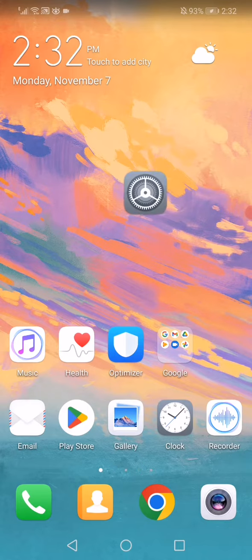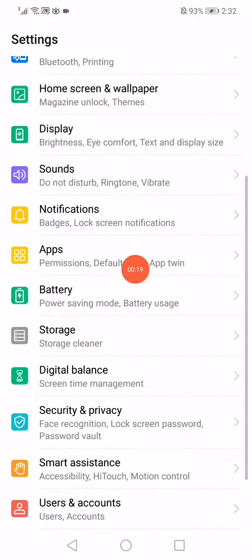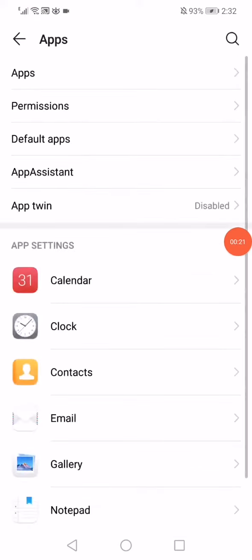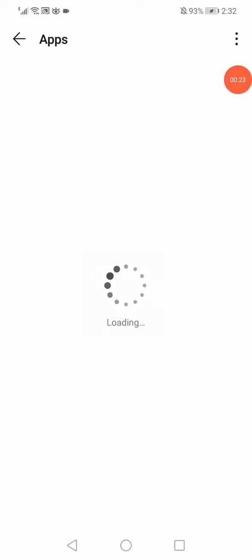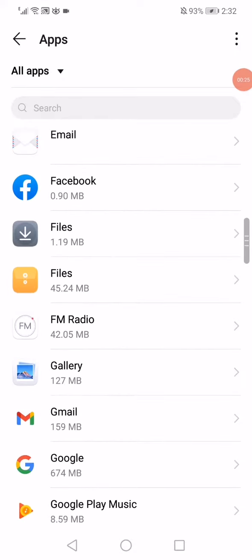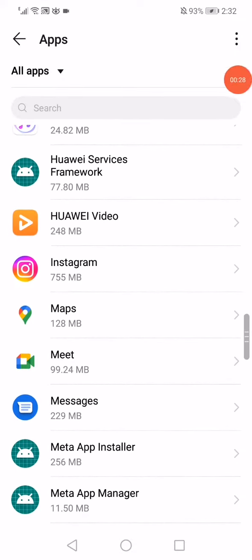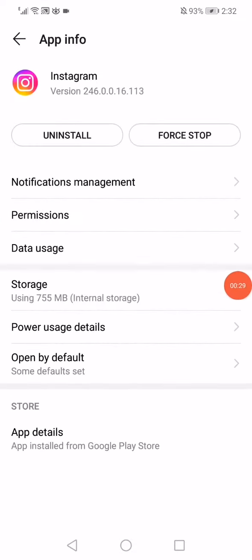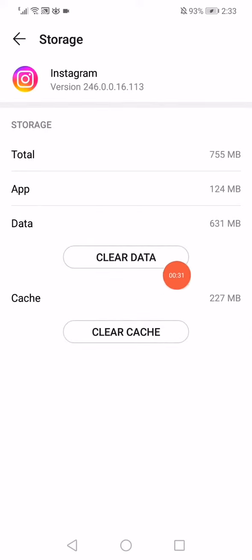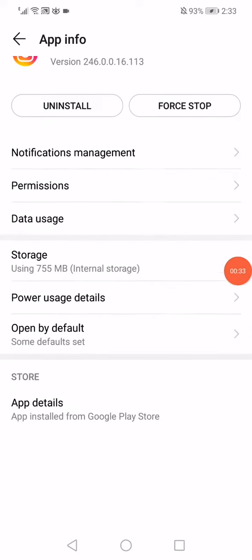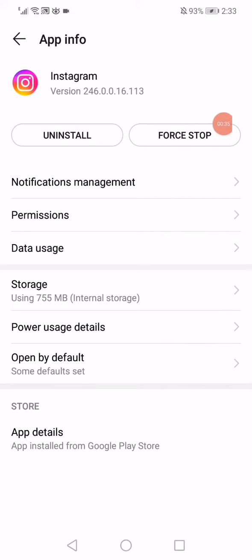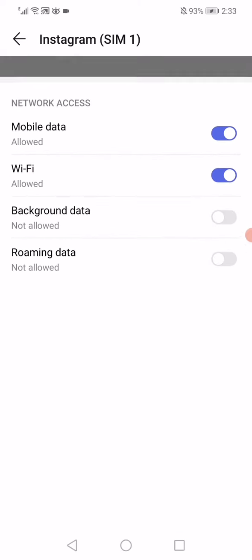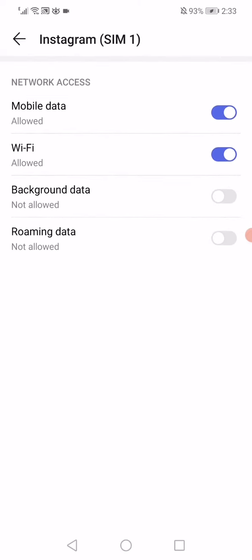So as we said, you go to the settings, go to the apps manager, go to apps here, scroll down until you find Instagram, click on it, click on the storage, click on clear data and go back, click on the force stop option, and then make sure to go to the data usage and then disable these options